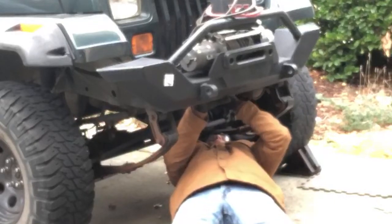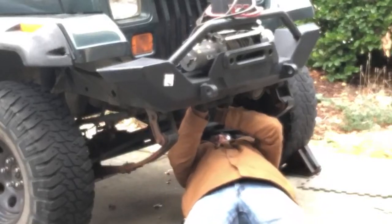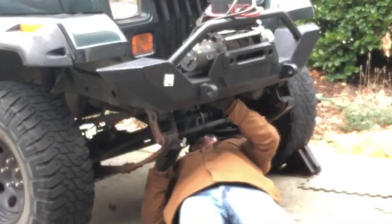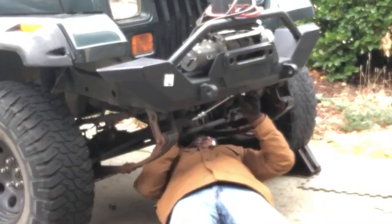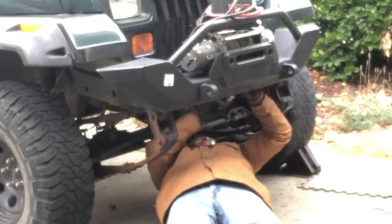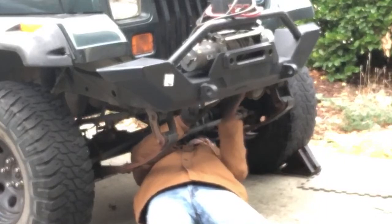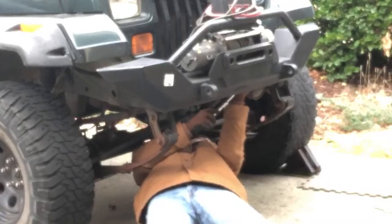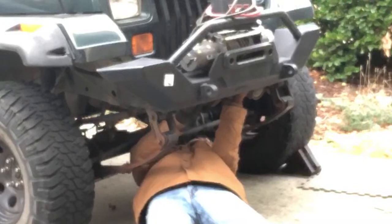Alright, let's snug this up. Alright. Get the other side. I'm getting stuff done this morning. That's awesome. I was lacking some motivation yesterday. Getting projects done, had other things going on. Sometimes you got motivation for projects, sometimes you don't. Yesterday was a don't day. I did get some stuff done, but